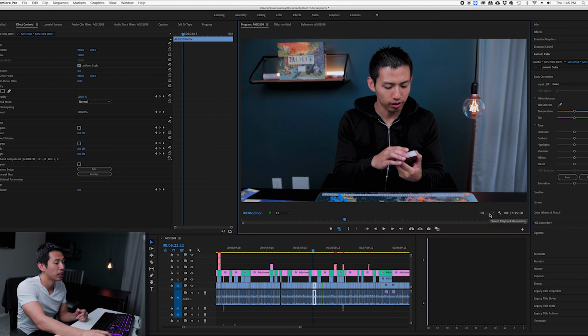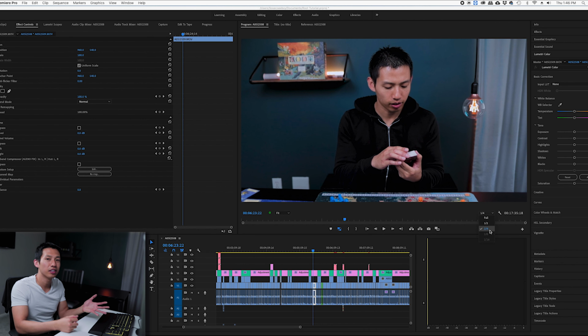And here it shows the playback resolution. If 1/8 and 1/16 is highlighted, you of course can drop it down even further. But for me, the lowest I can go to is 1/4 of the resolution quality. I always put the lowest for my computer setup because I want to make sure that my timeline is as fast as possible. And if doing all those three don't work, you can also just press enter on your keyboard,